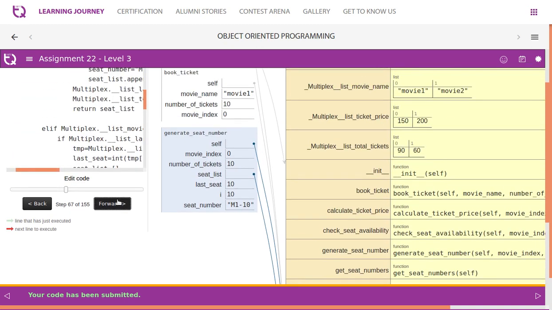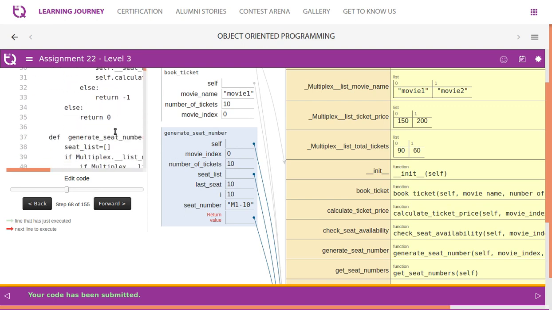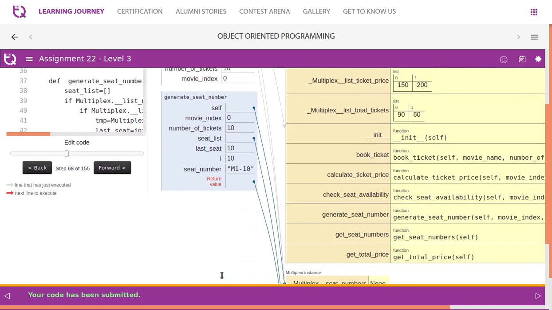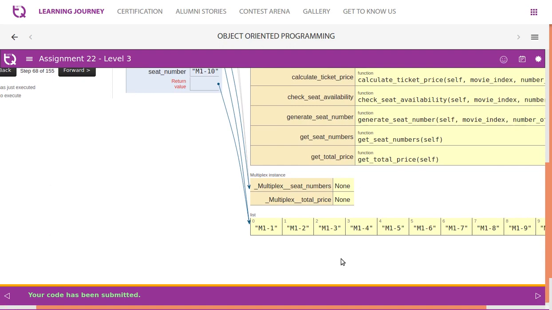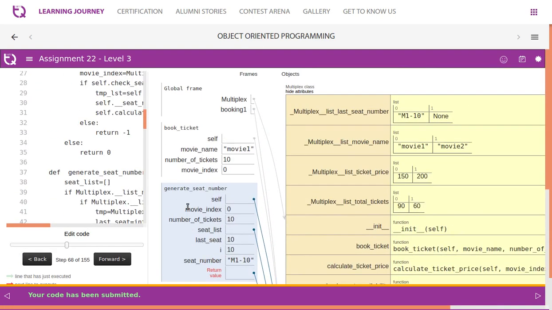Now all 10 tickets are created, and they are returned from the generate seat number function to the main function, the book ticket function.